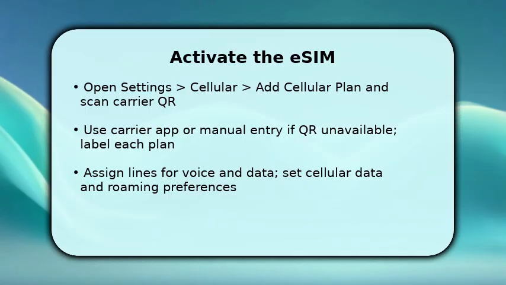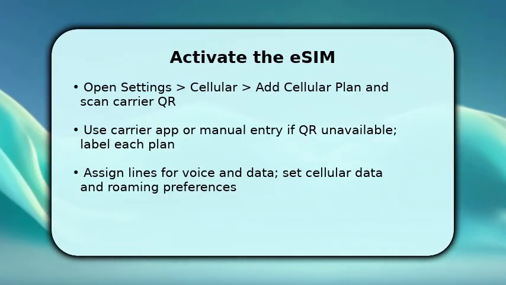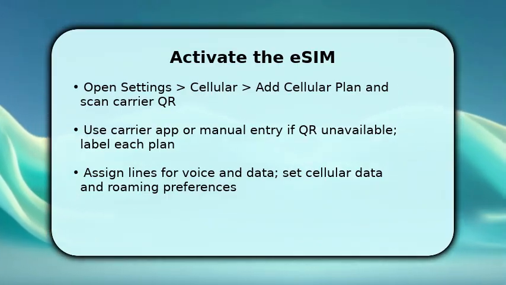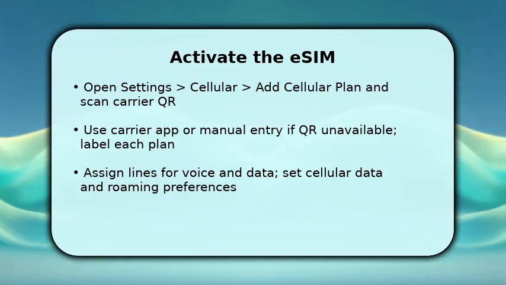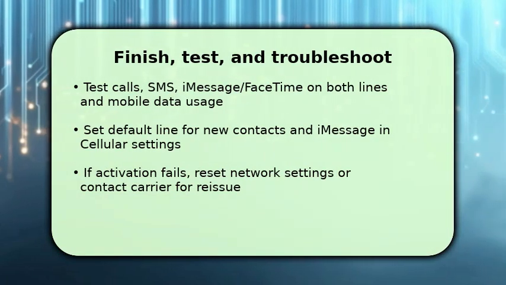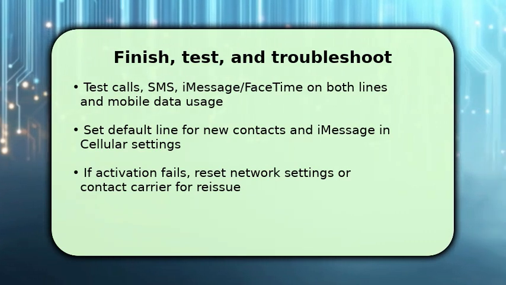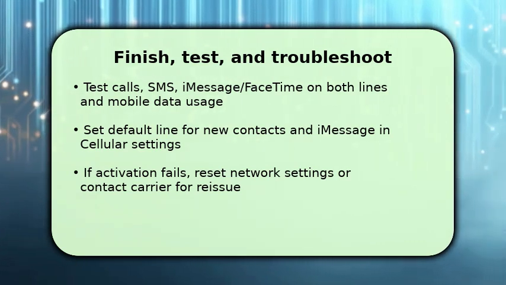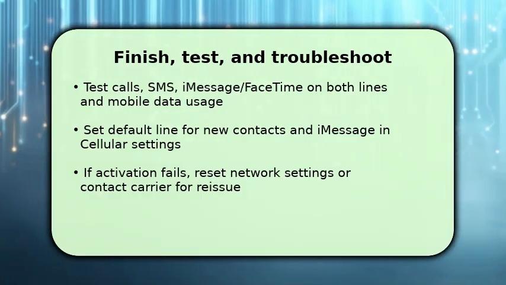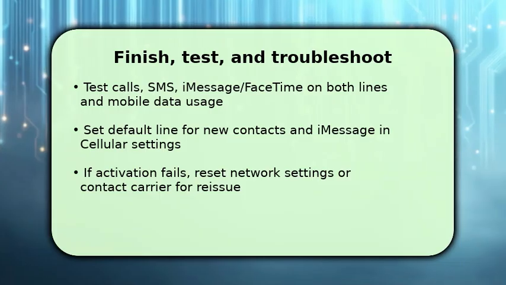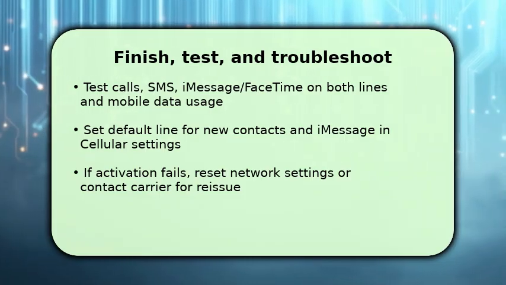Because iOS handles two numbers differently, these choices determine how calls and messages route and which plan uses data, so set them deliberately. You finish by testing both lines. Place a call on each, send texts, and verify iMessage/FaceTime uses the expected number. Once satisfied, set the default line for new calls and for iMessage in cellular settings so apps use the right